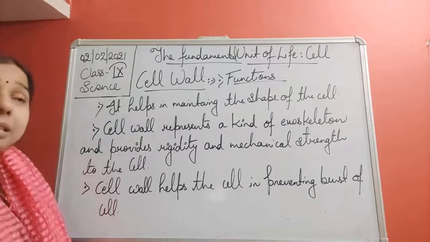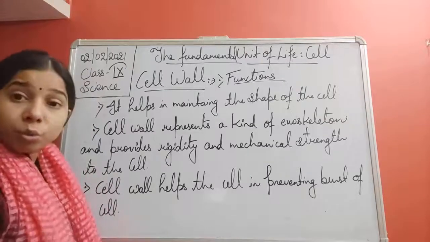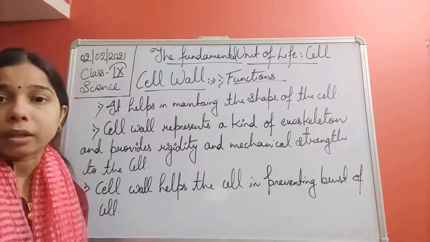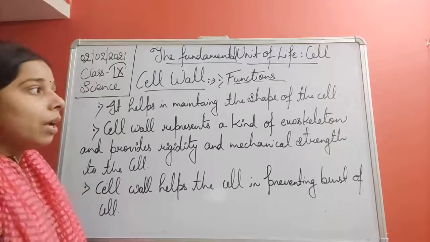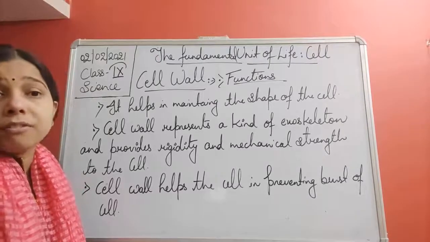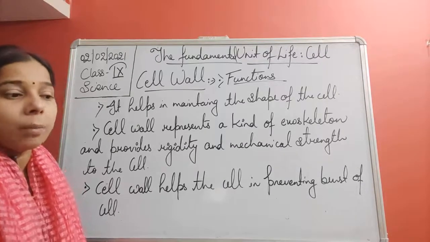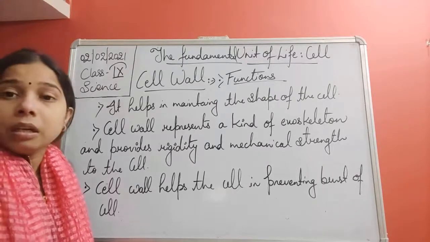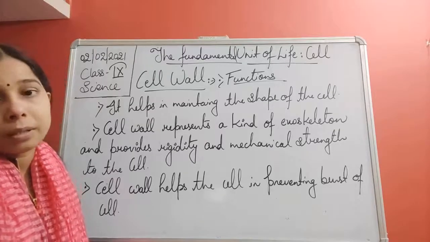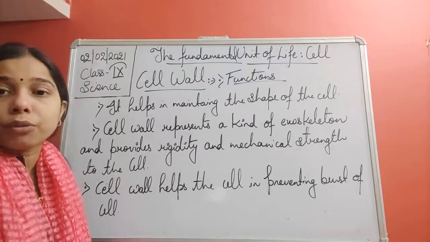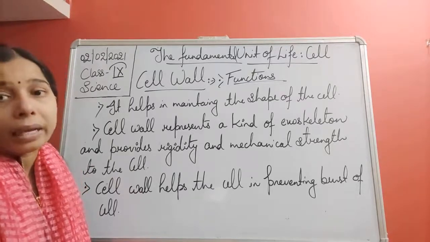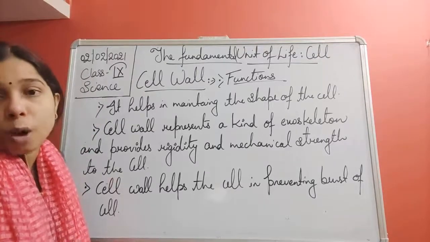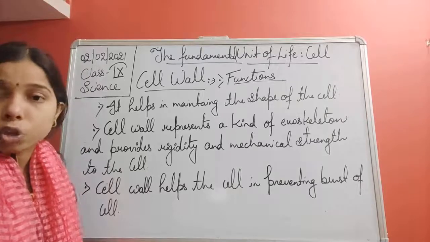The cell walls are present especially in the root cell. You see that it is permeable, so it allows all the solute and the solvent particles to come inside. So if it is present in the root cell, what is the function of a root? The root helps in absorbing water. The water reaches the cells of the roots, and it is the cell wall which provides free permeability to the water, the solute and the solvent to enter. So we can say that the cell wall helps in the absorption of water and minerals from the soil.